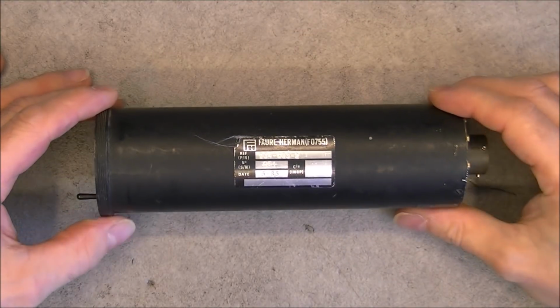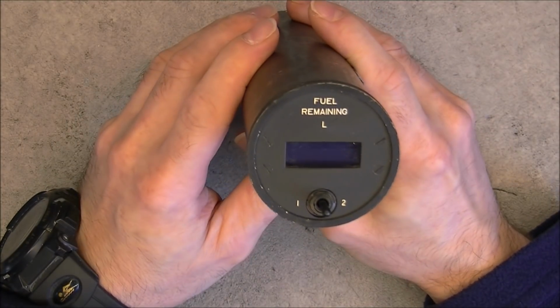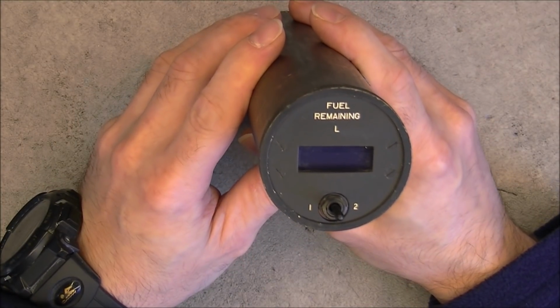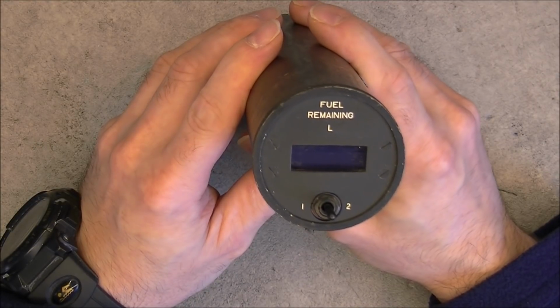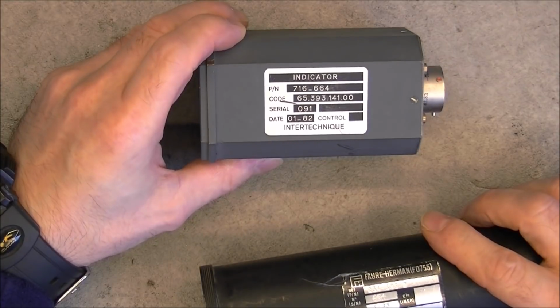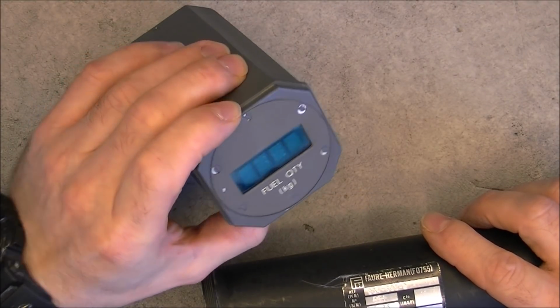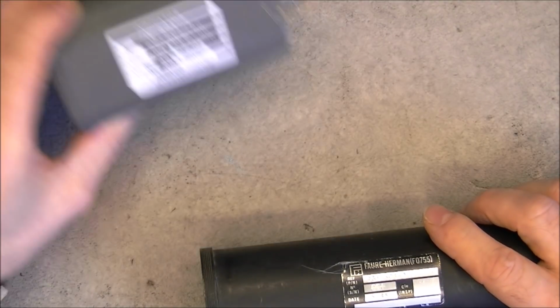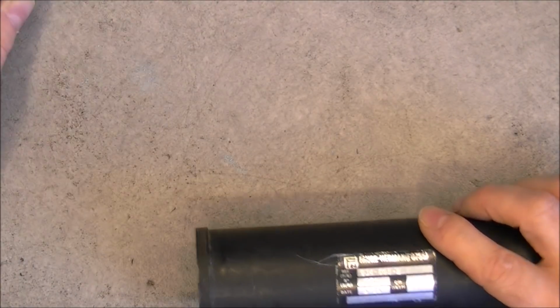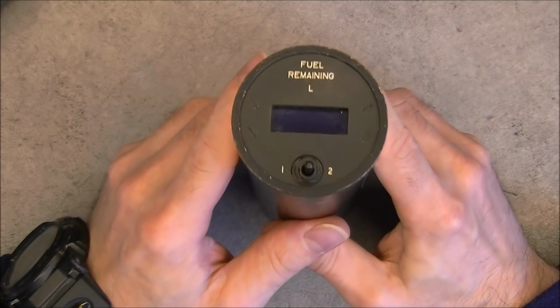Hi, for today's video, one more teardown of a cockpit digital fuel quantity indicator. I hope with this one we will be more lucky because the one in the previous video actually is empty. It is a demonstration model with no electronics inside. Check the video. So this one is obviously an LCD one